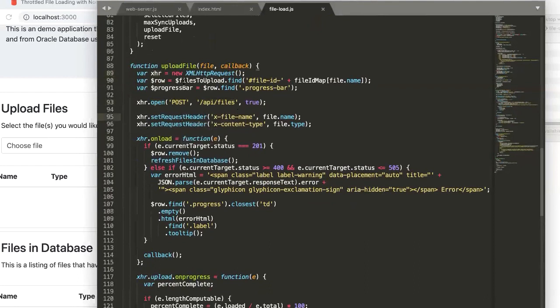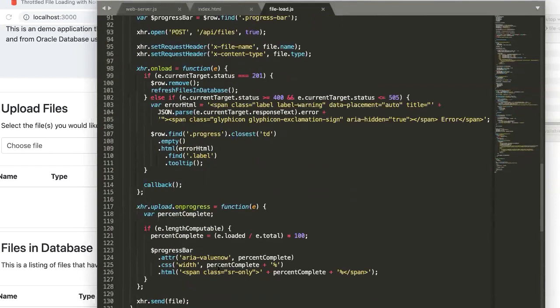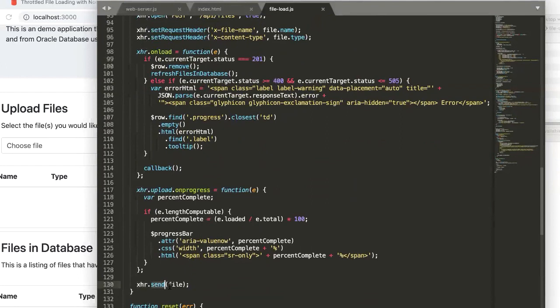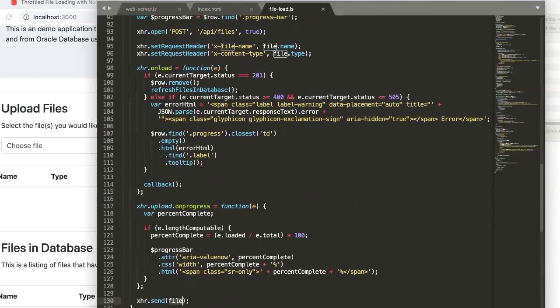And the reason for this, the XHR object now, version 2, and most modern web browsers supports streaming a blob natively by default. And you can see that down below. At the very end, I'm going to call send, and I'm just going to send that file that was passed in. So that's the native blob support. Don't have to do a lot of work for that.